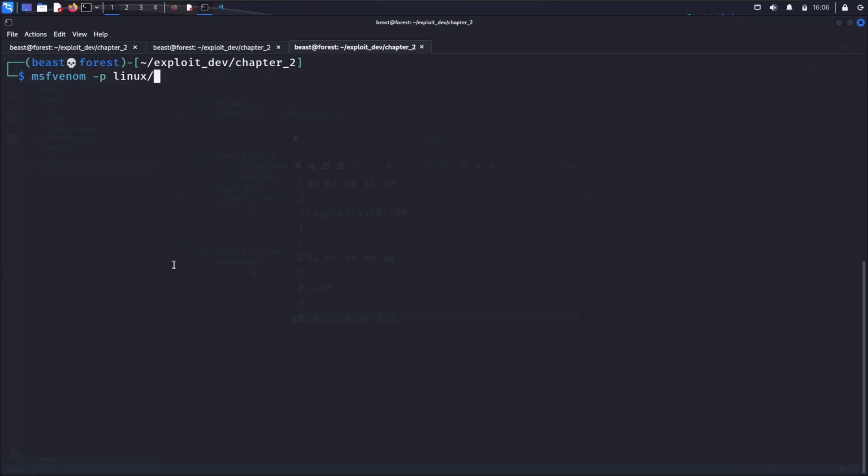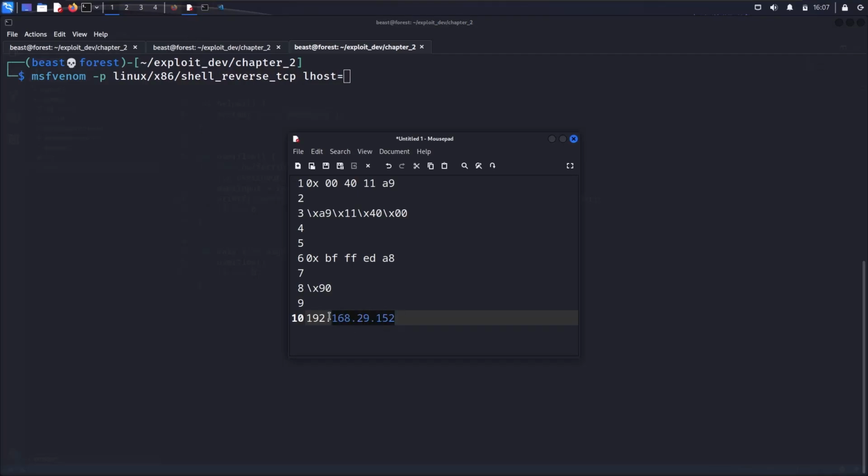We will use Linux x86, and then we will get a shell reverse TCP. We will use the reverse TCP shell, and we want to connect back to our local host, that is, our IP will be there. So we'll copy this,